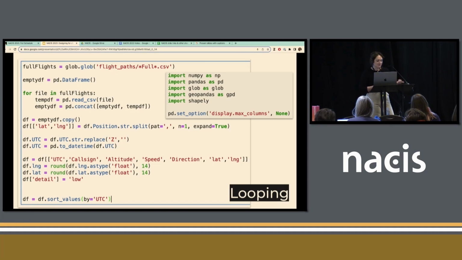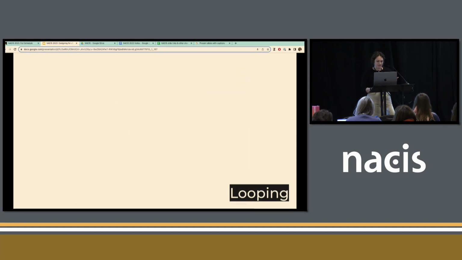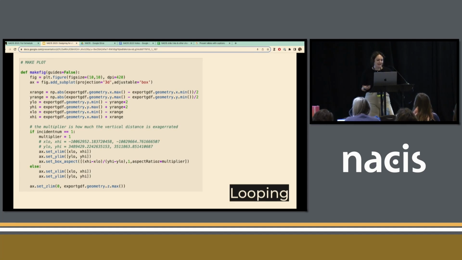In this case, that meant scripting both the processing of each new CSV and the initial mapping work. I set up a small Jupyter notebook so I could use glob and pandas and loop through every file and really easily break up that CSV so I had something to build on. But to address the second issue, how do I map these in 3D, I opted to use Matplotlib, a program